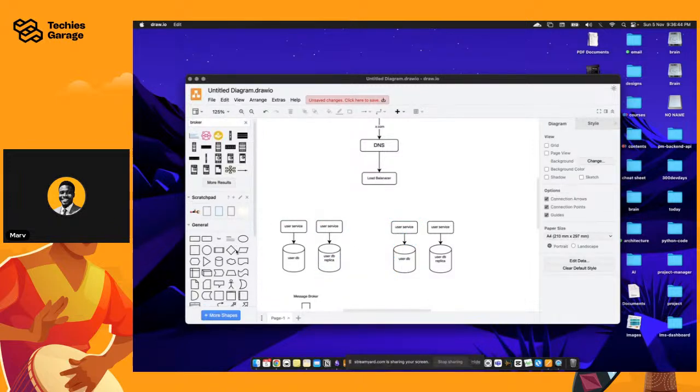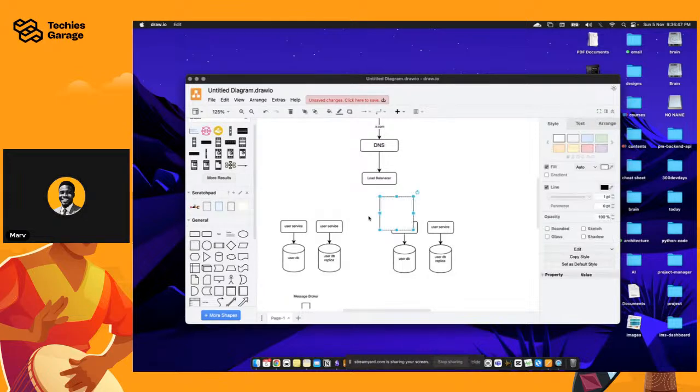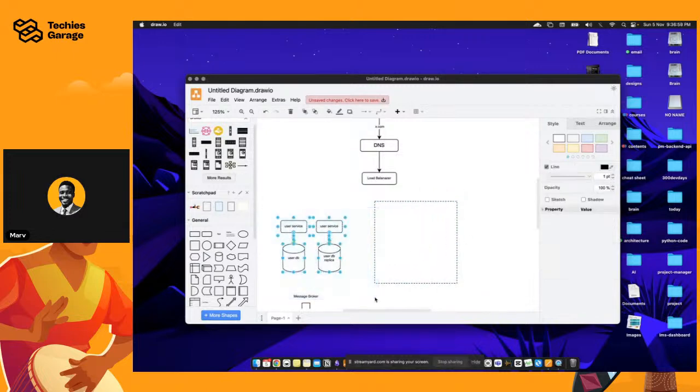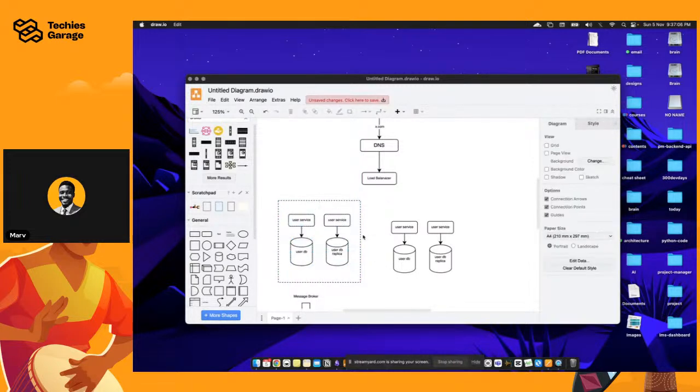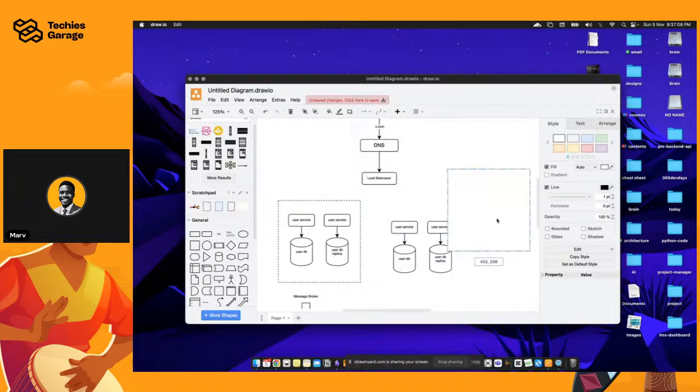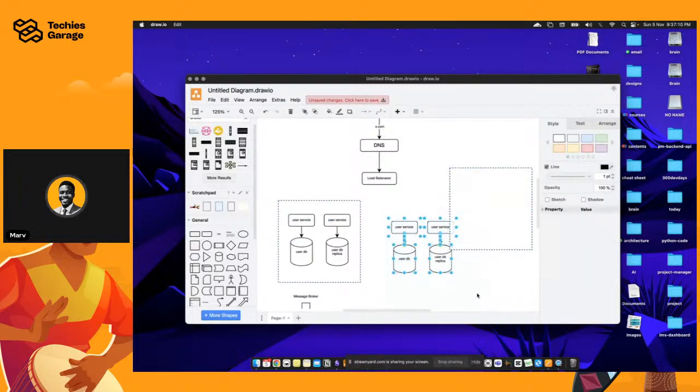All right, so let's do this. Okay, so for the line, let's just use the dotted line. All right, so I think this should work. Let's cut and paste in here. Okay, so just to get that clear boundary, all right? So I'm going to do the same thing here.